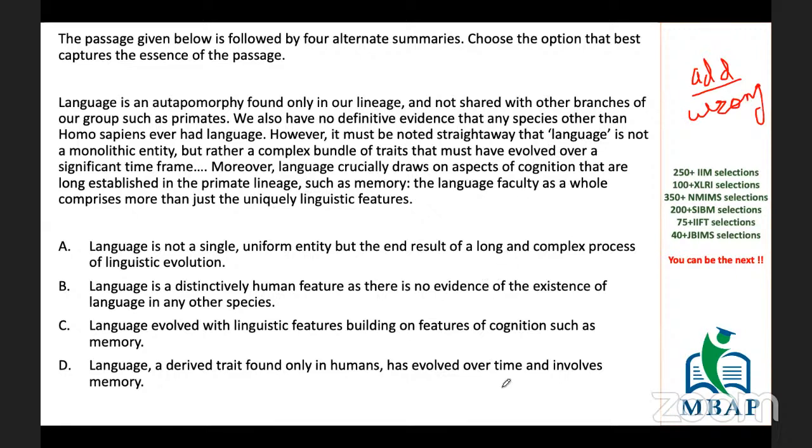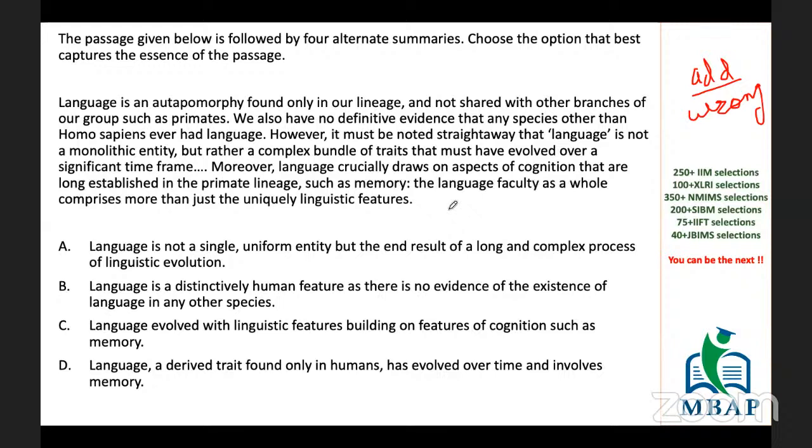Now, how to solve the summary question? All you need to do is read the paragraph, identify the key elements and see which option has all that information in it. That will be your answer. Now, is it not really possible that you have 4 key elements, 4 topics the passage is talking about, and you will have 4 sentences? No. What they will do is comprise those 4 key elements into one single sentence. So all you need to do is read the paragraph, identify the information, and see in which option it is given. Let's start with the session.